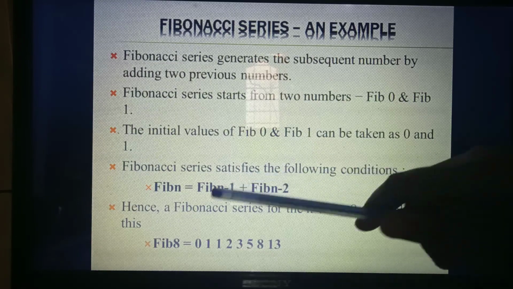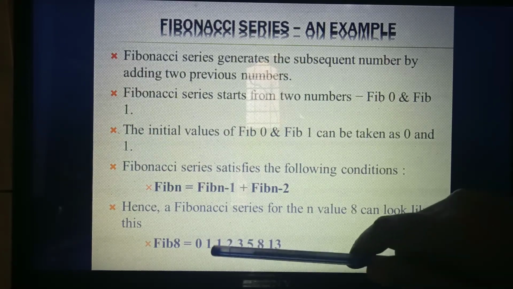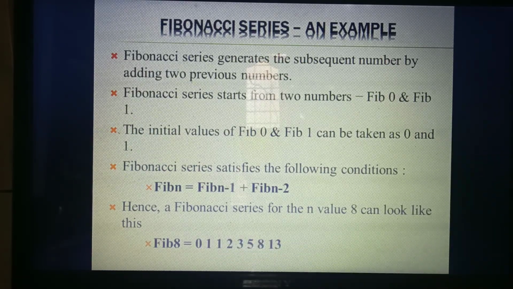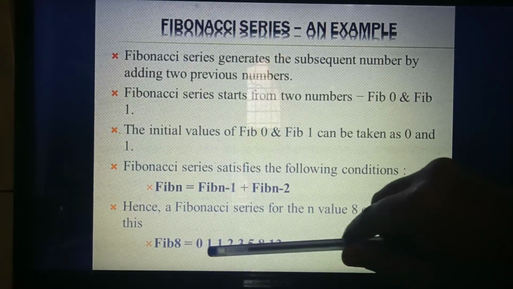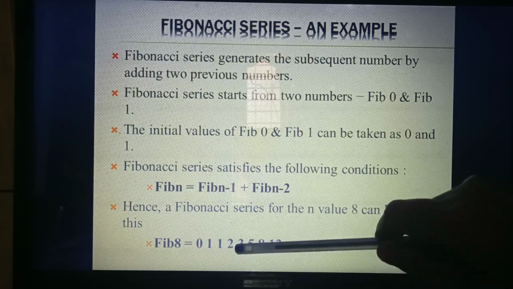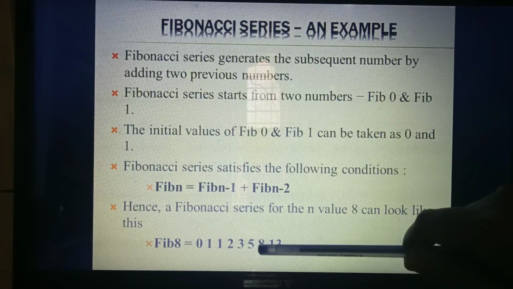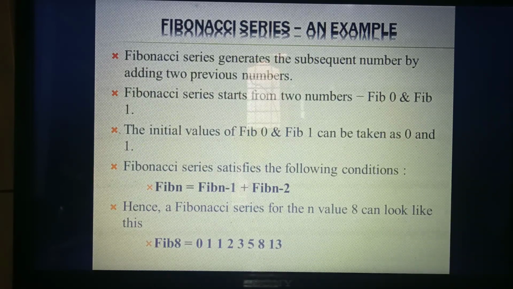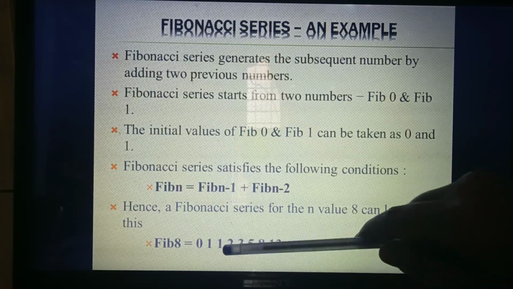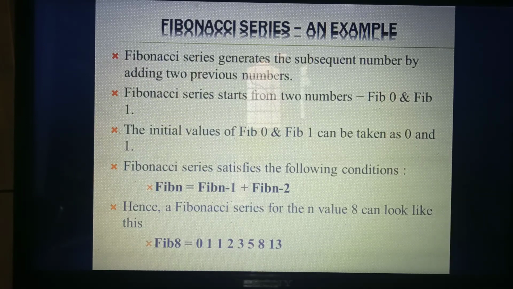Understand? So listen. For example, in this series I have given 8 values. First look at this example, then you will understand. First two numbers, 0 and 1. What's 0 plus 1? 1. Then 1 plus 2, the result is 3. Next two numbers, 3 plus 5, 8. Then 5 plus 8, 13. Understand how the answer comes? So this is called the Fibonacci series. This example is given under the topic of dynamic programming.